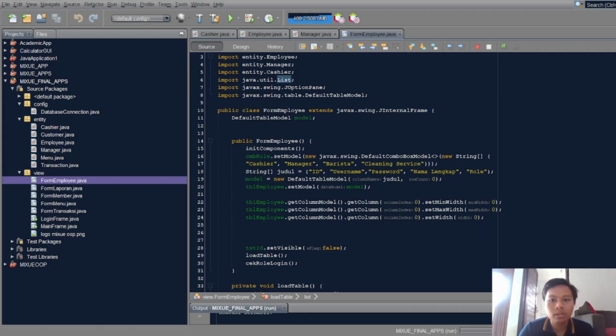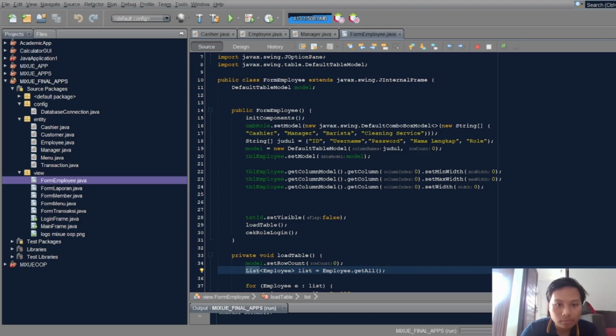This is because the from employee extends from the J internal frame, J frame form. We put the extend Java Swing internal J frame, and then for the model, we make a variable of default table model. So this is the constructor from the table, public from employee, init components.